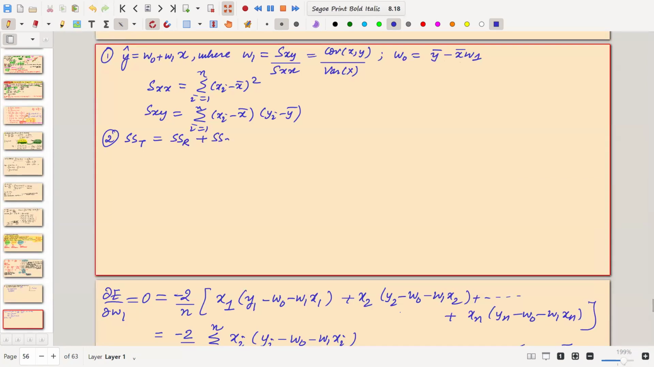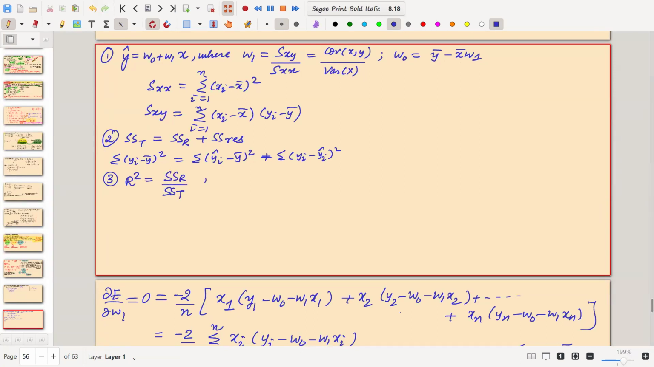Yes, SS residual. Okay. Sum of square regression plus sum of square residuals. So that is nothing but summation of (yi - y bar)² is equal to summation of (yi hat - y bar)² plus summation of (yi - yi hat)². Yes, good. Then third, we learned the coefficient of determination, that is R² is nothing but SSR divided by